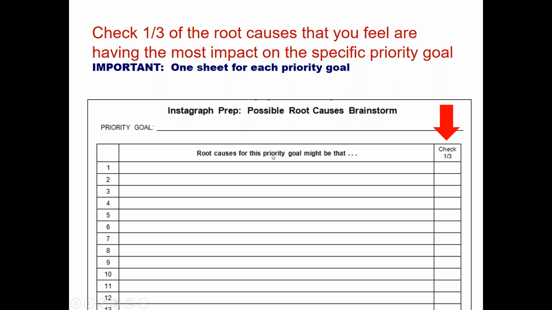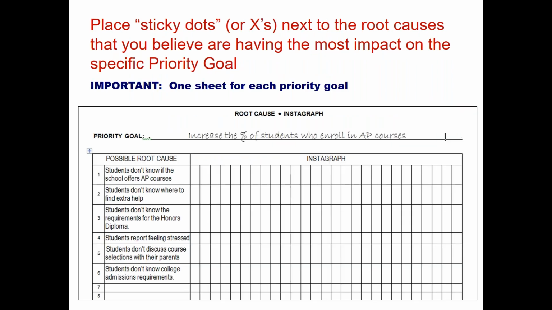That way, if everybody can have one sheet per focus goal, you might have some sheets left over if you end up with only one focus goal. But I think you'd rather be over-prepared than under-prepared. So 5 or 6 sheets, 5 or 6 copies of this should do it, I think, in terms of having enough to develop each of your focus goals. Okay,